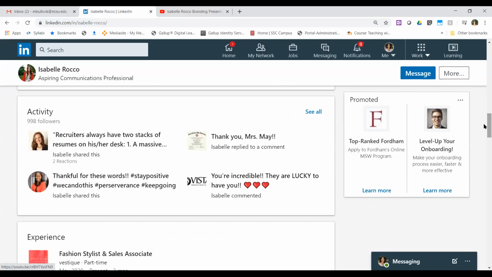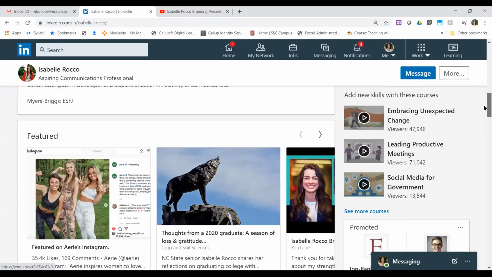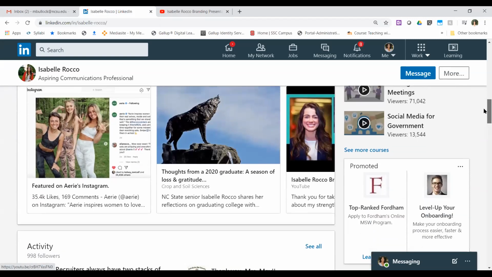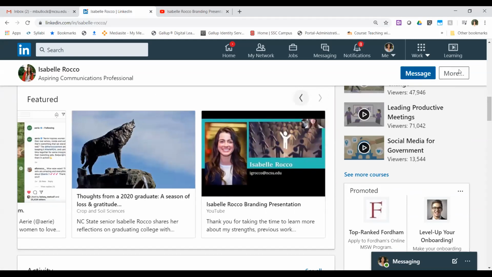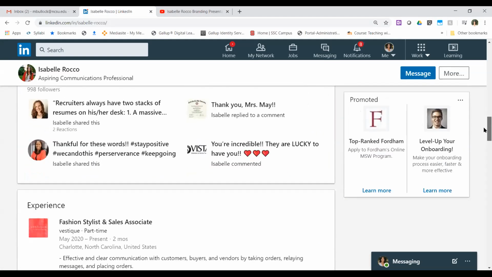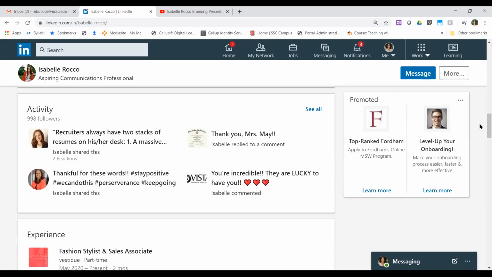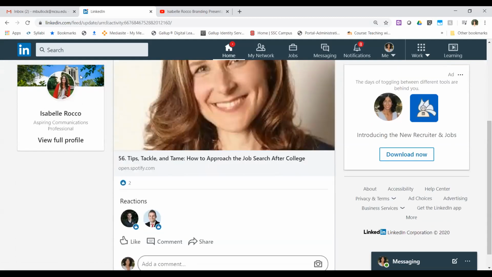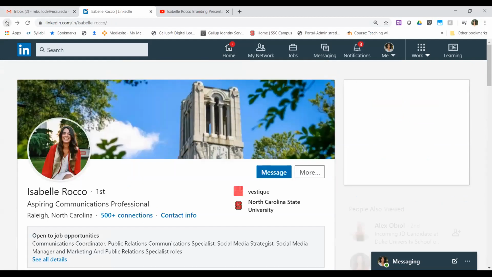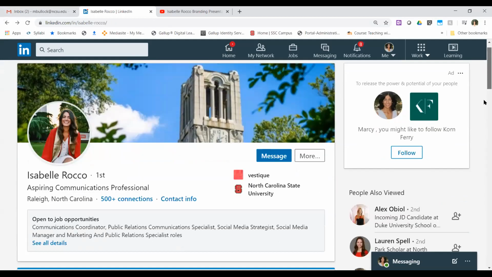Now we're moving into the activity section. So we've got the featured section where all of the media can be uploaded, and you can decide what you want to put in your media section. And you also now have the opportunity to have your activity. So Isabel is very active on LinkedIn. She is posting information that she has read about from other people, and that shows that she is staying on top of the news. So with every post that she has, people can see how active she is